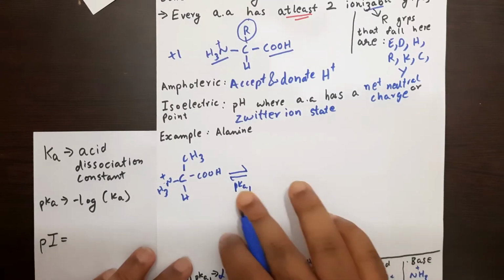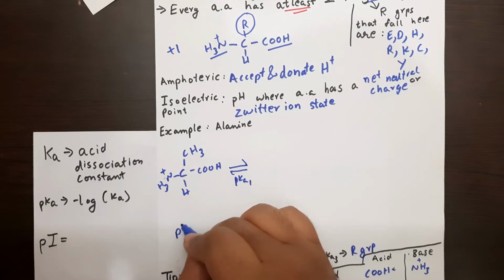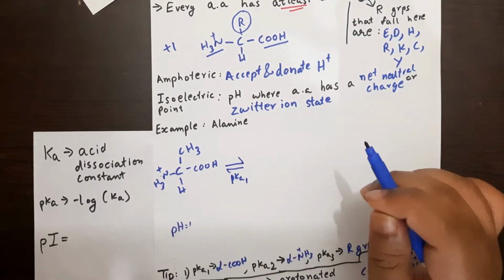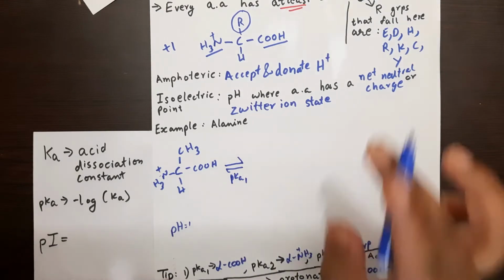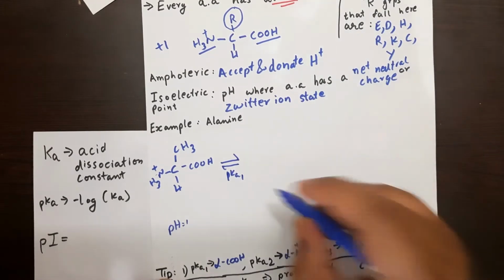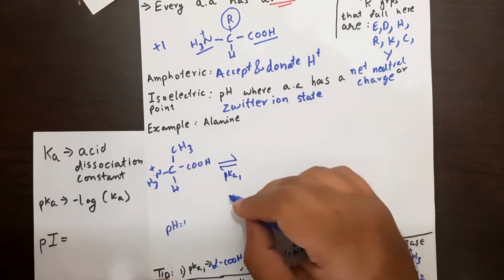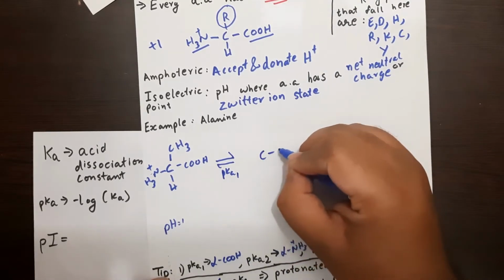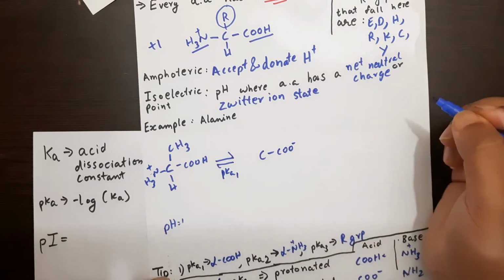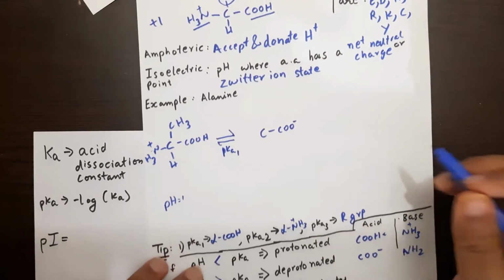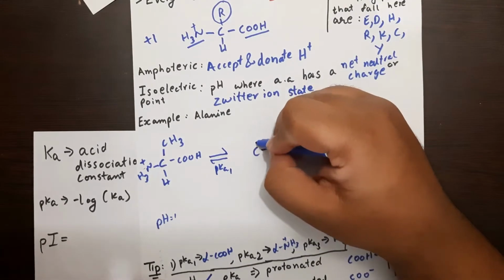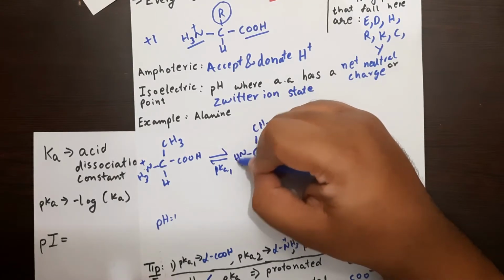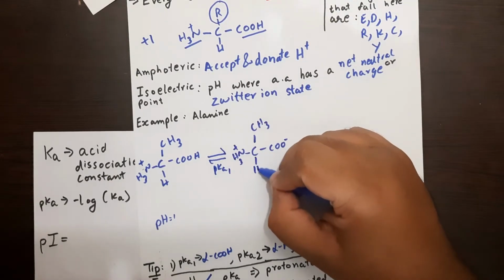Alright, so now if the pH is all the way down, suppose 1, and 1 is less than pKa1, the carboxyl group gets protonated, and this is the structure we get. Now suppose we increase the pH such that pH is greater than pKa1. What would the structure be? Then over here your carboxyl group gets deprotonated, as I mentioned previously, and the remaining stuff remains the same. So we have NH3 plus and H.